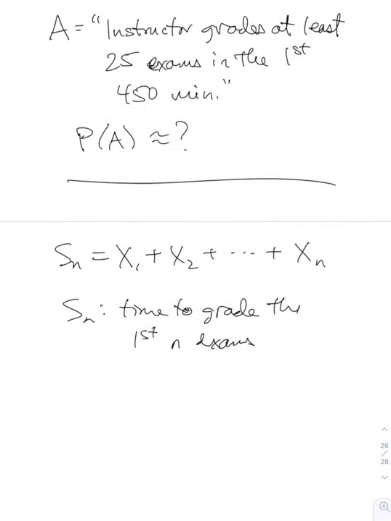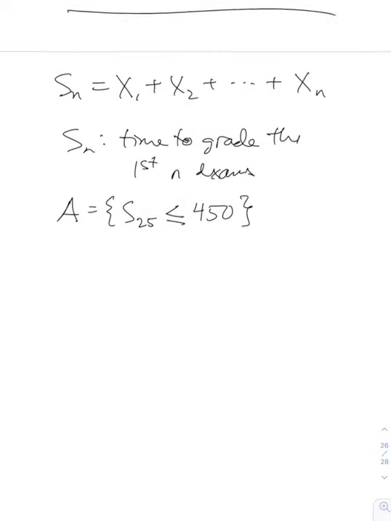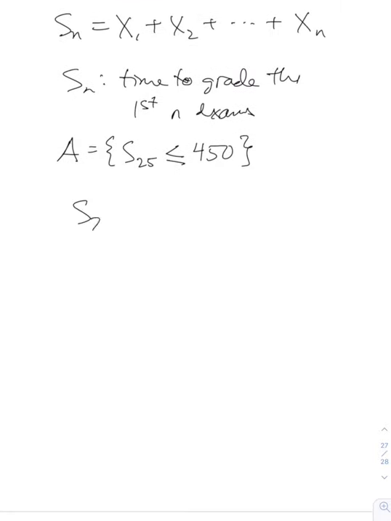And so A is just the event that S25, the time it takes to grade the first 25 exams, is less than 450. You can say less than or equal to, it won't matter. All right, so now we want to use the central limit theorem. So S sub 25